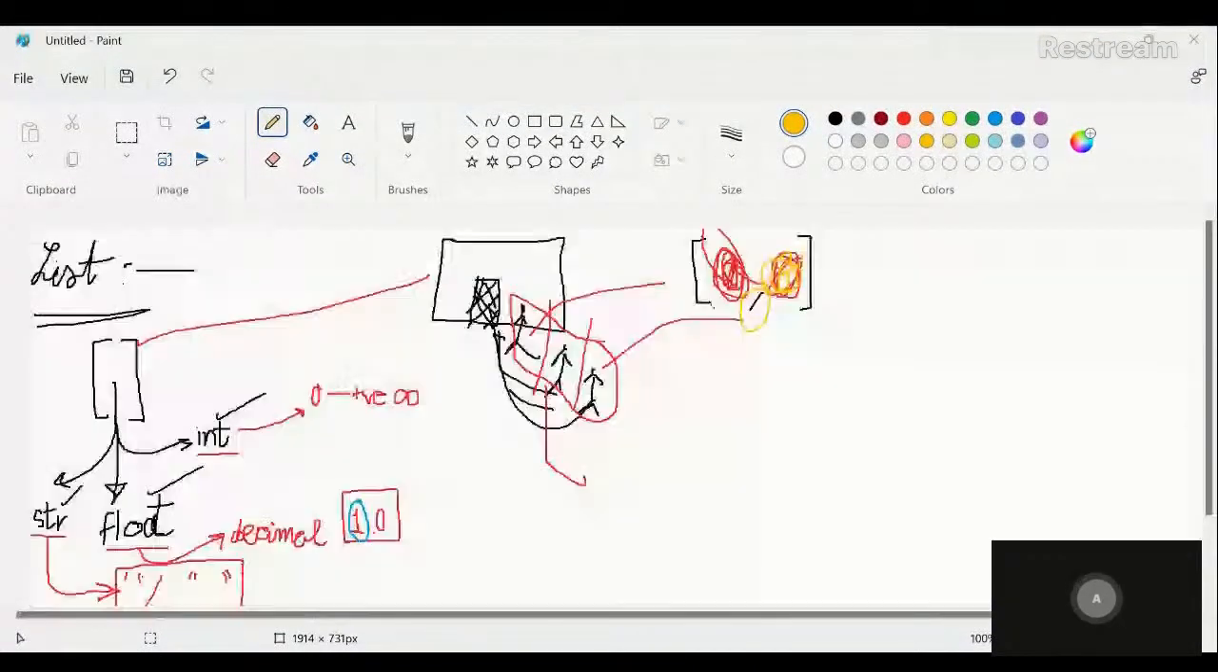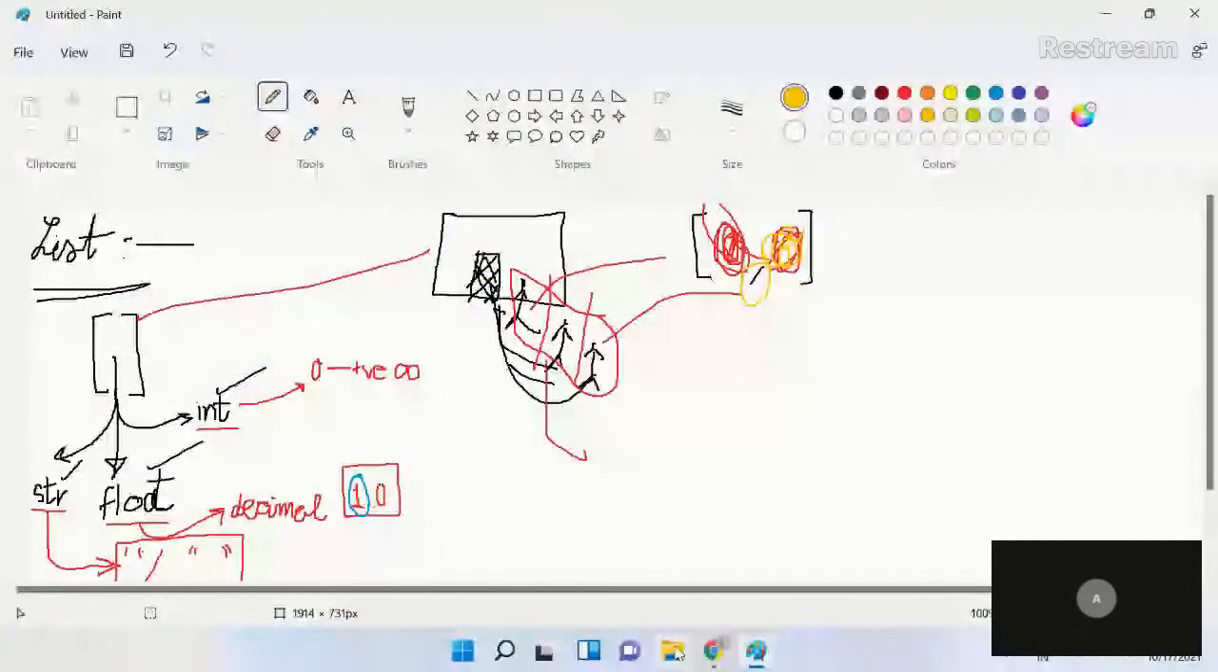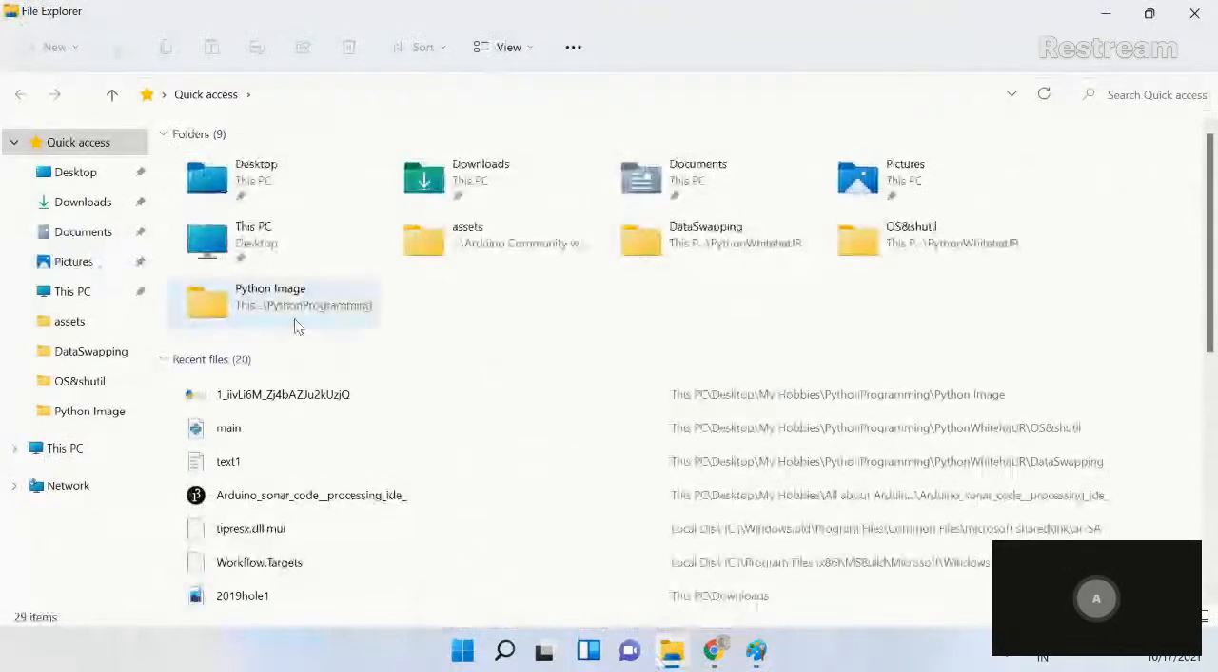So I will stop sharing my screen. Oh, sorry, I don't know why I stopped sharing my screen. I will share my screen again. So I will quickly go to our file where I have stored all those